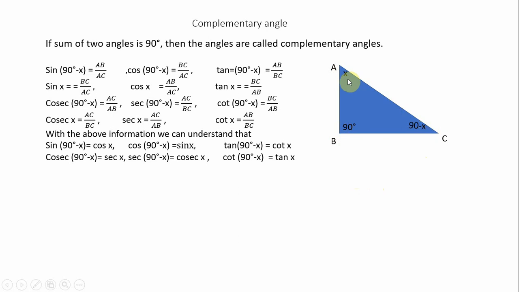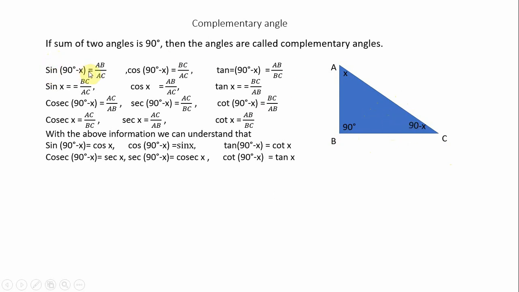Suppose it is 30, then 90 minus 30 is equal to 60. Suppose this is 60, then 90 minus 60 becomes 30. However it is, the sum should be equal to 180 degrees. This is how I have framed it. Now this is called the initial ray, and there is another, the terminal ray. The terminal ray will go in an anti-clockwise direction. That is how the quadrants will be detected. So in the first quadrant, all are 90 minus x, right?